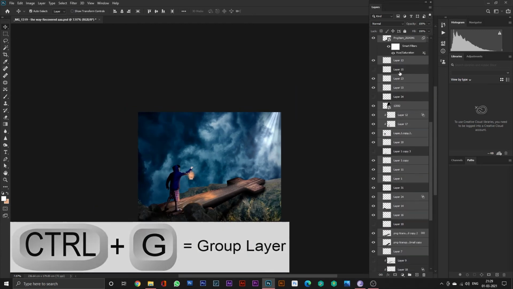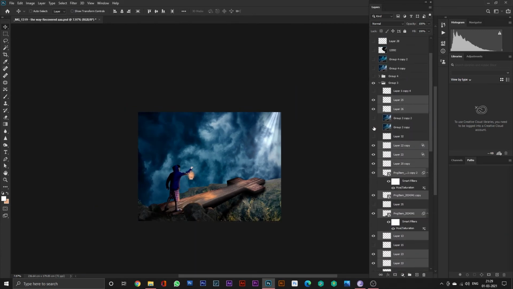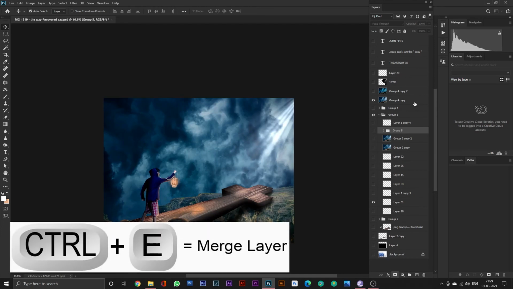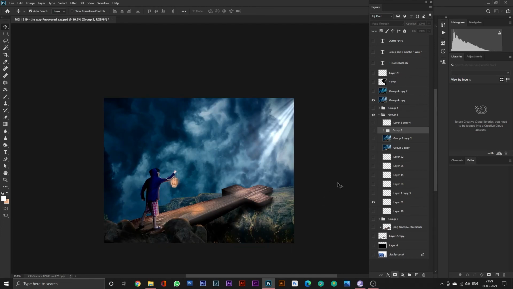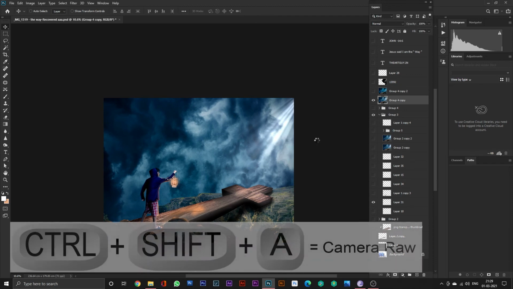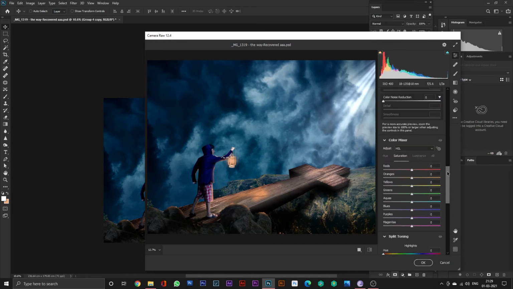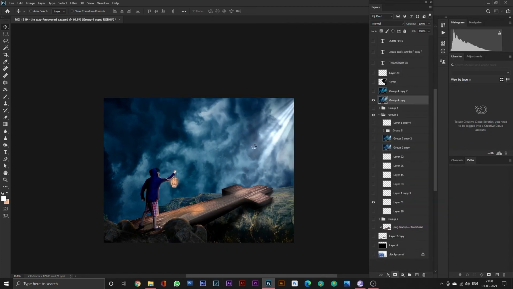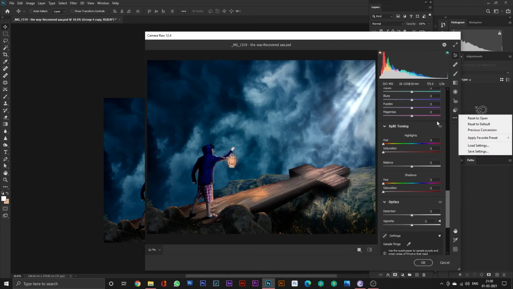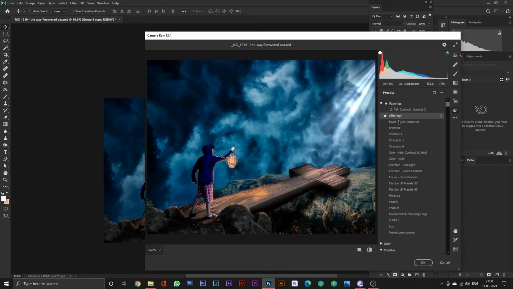So here I have set all the shortcut tools that I'm using. Once I was satisfied with all of this, I pressed Ctrl G, which makes a group as I showed you before in the other videos, and then I pressed Ctrl J, and then I pressed Ctrl E. When all this is done, I actually use camera raw filter, but to be quick, I have some presets, so you can even get these presets on my Google Drive, which I have posted in the link in the description. It's for free. Use it for Lightroom, use it for Photoshop.